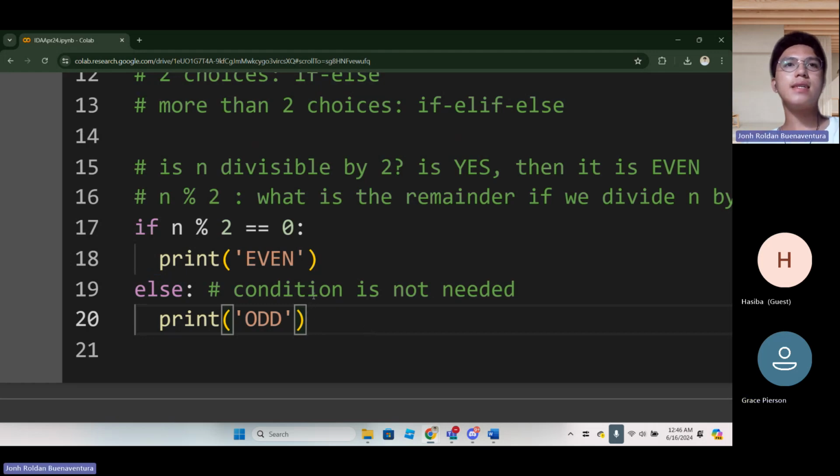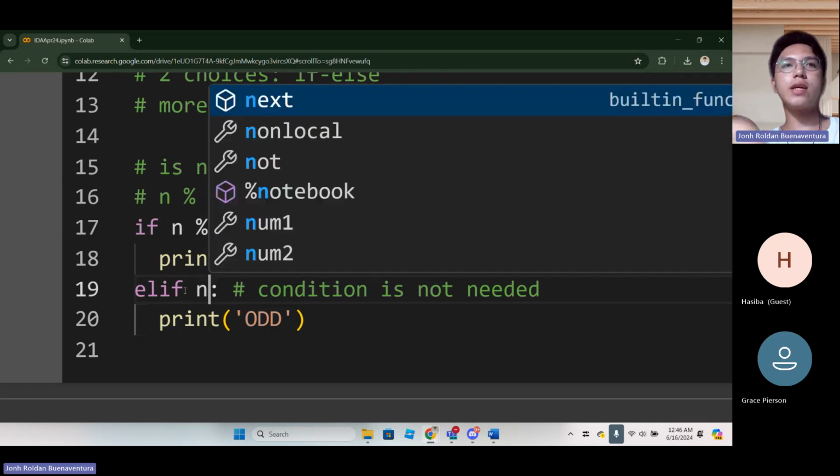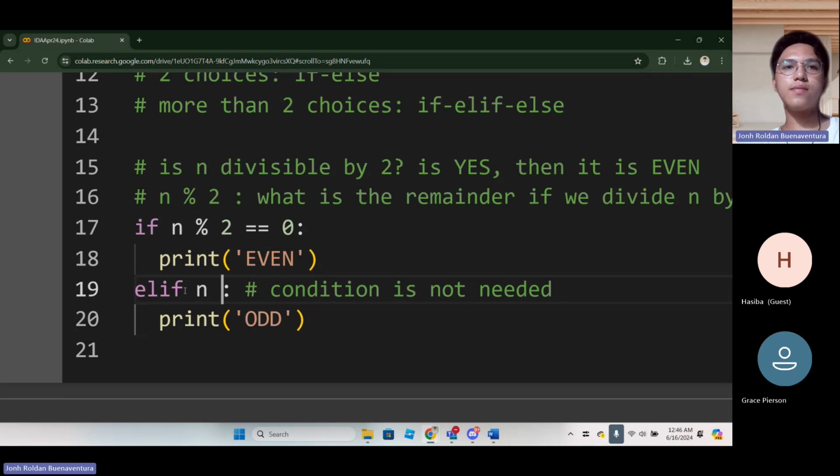But in case you want to specify the condition, we can also do that using the elif. If you use the elif, you need to write the condition like this.